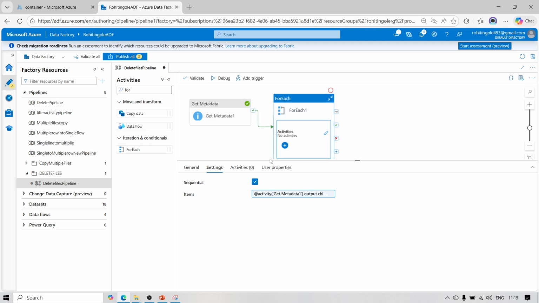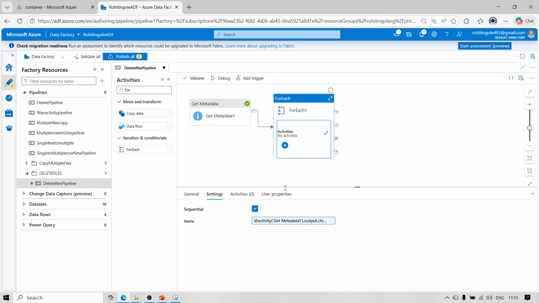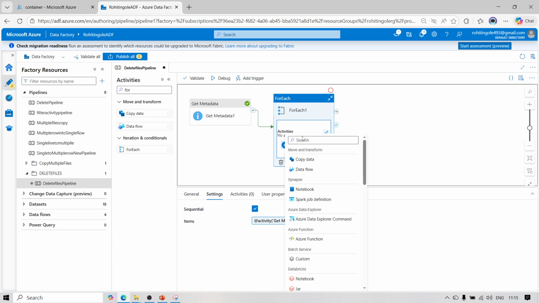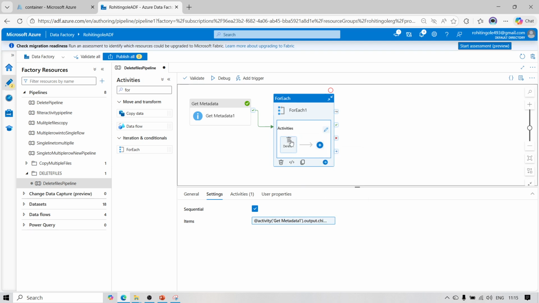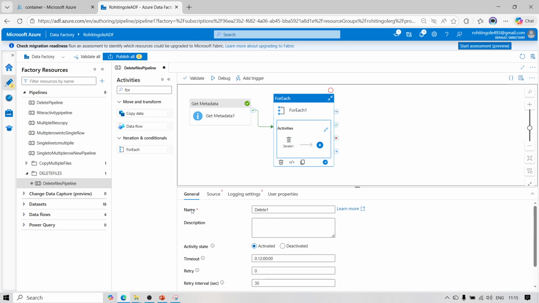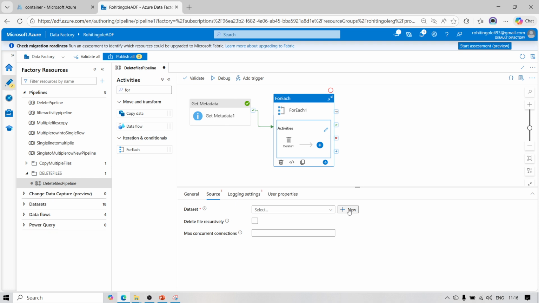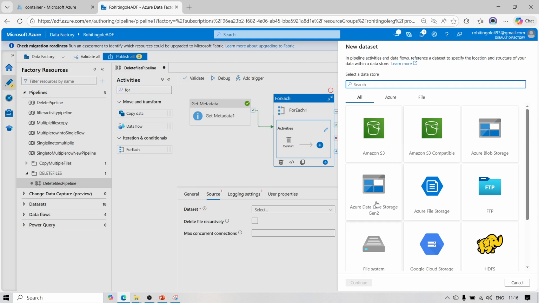Now, if I run this, you need to keep in mind that when you use the for each activity, we must perform some operation. So which operation do we want to perform here? We want to delete the file. Whenever you want to delete files or folders, we use the delete activity, right? In the delete activity we again have the general name, description and all the things. If I go to the source, here we need to give the Azure Blob Storage,